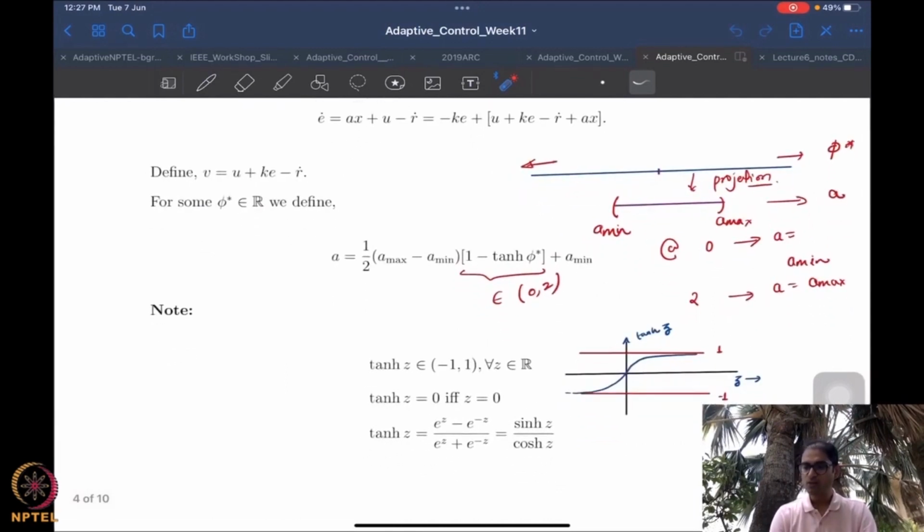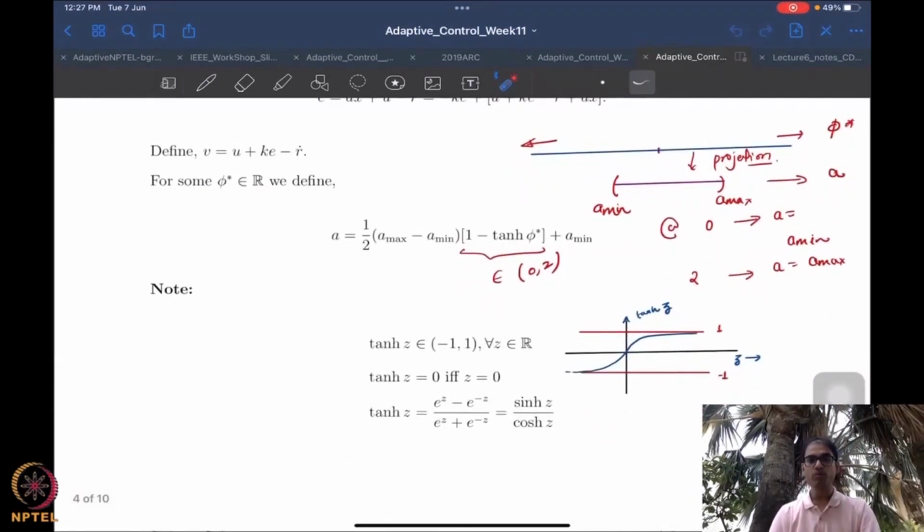All right. So what's the idea of doing projection? How do we do projection? It is that we change the parameter that we estimate. Okay. We start to estimate this parameter phi star instead of A. Yeah. How do we do that? We can write A in terms of this phi star using a tan hyperbolic function, which lies between -1 to 1, right? And because this function lies between -1 to 1 and it is 0 exactly when the argument is 0, that is phi star is 0. So if you put 0 here, you see that this outcome is,